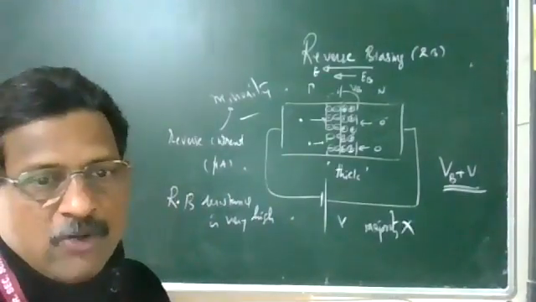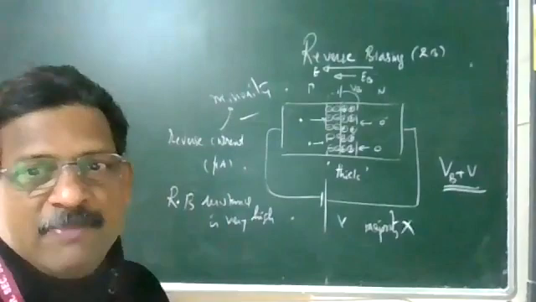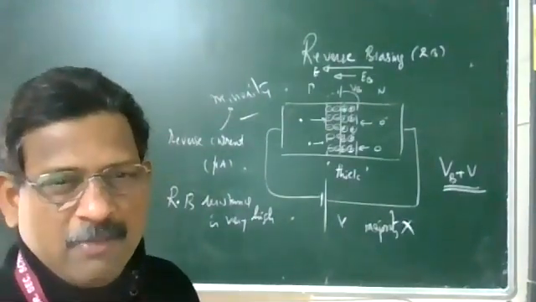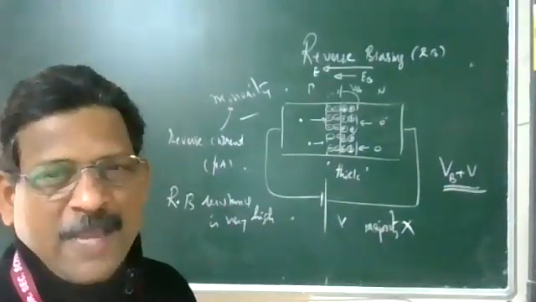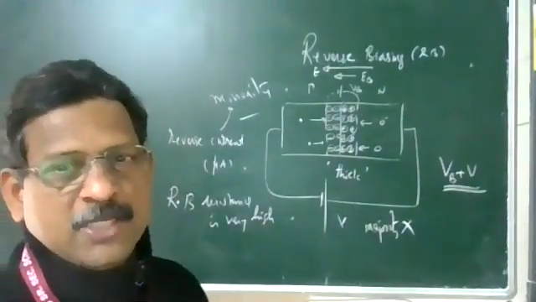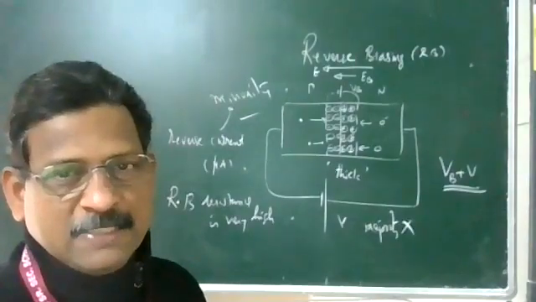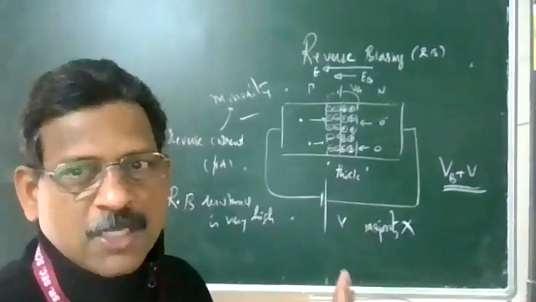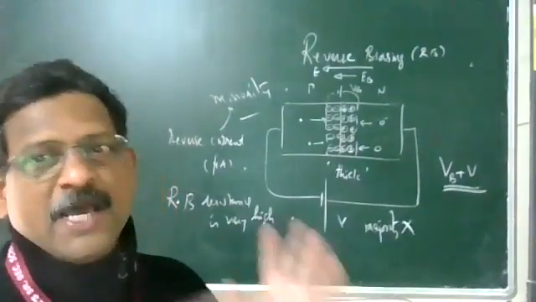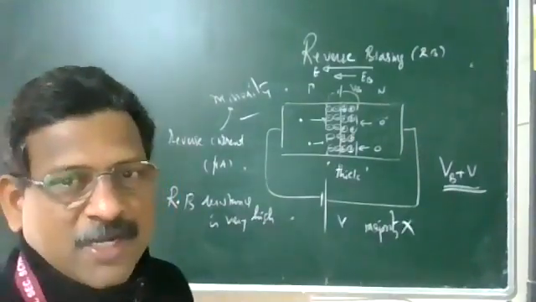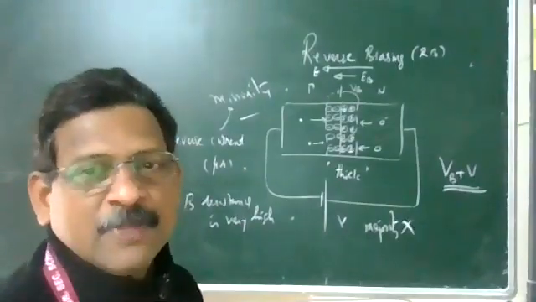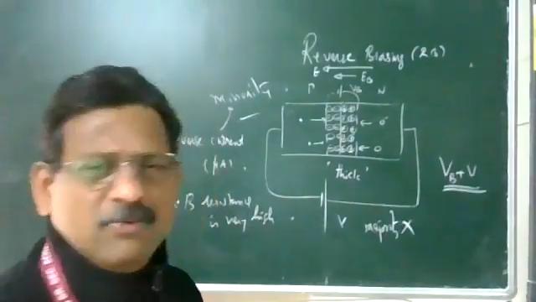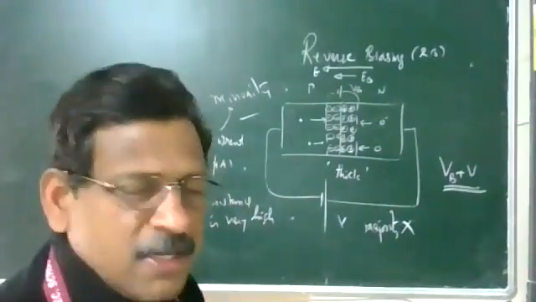And for an ideal diode, the reverse bias resistance can be considered as what? Infinity. For an ideal diode, minority carriers are very few, so practically we do not observe any current. So what I am going to say in this case, the forward bias diode will conduct. Reverse bias, practically the diode will not conduct. Will not conduct means it does not give any current. Reverse bias diode will not give any current. It is very feeble. Ideal condition and forward bias.